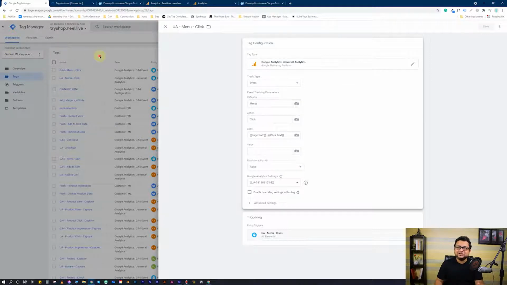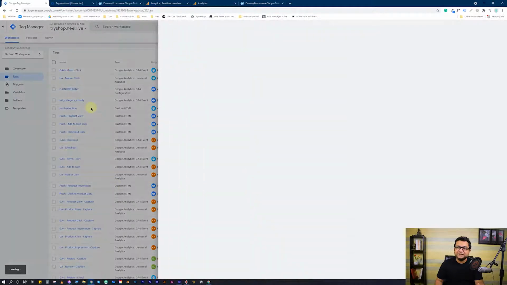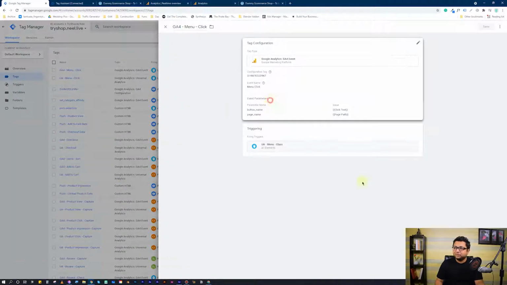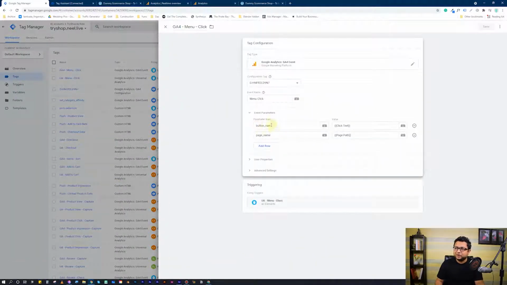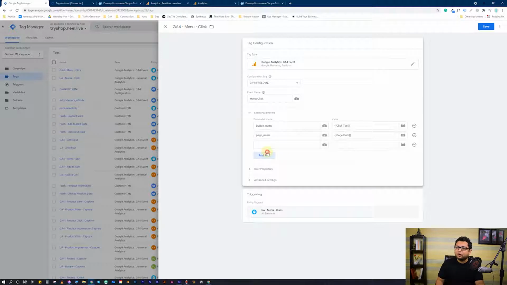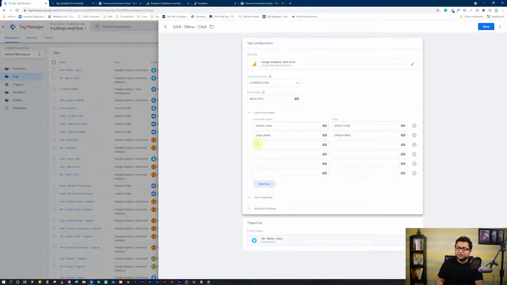So that's UA. If I go over here in GA4, what you will find is we have got button name and the value, right? Page name and the value. And you can go on and on and on, right? You can put as much information as you want over here and it will still work, right? I have put the event name over here.